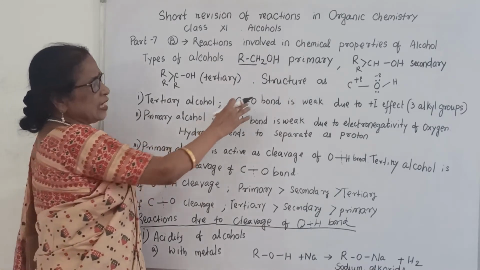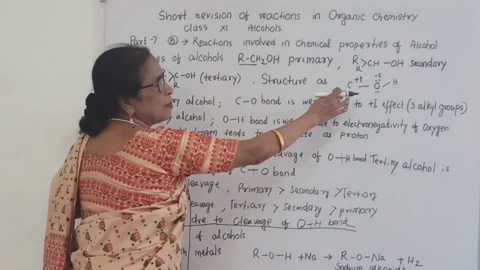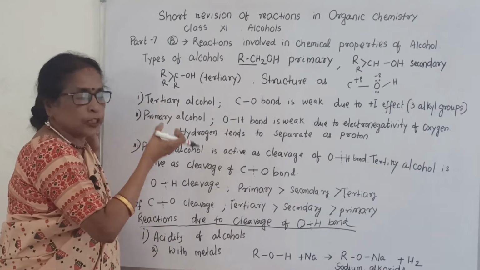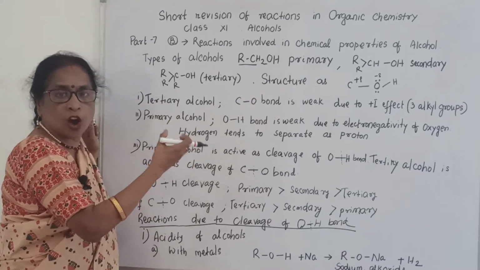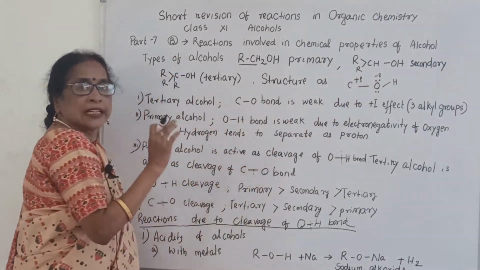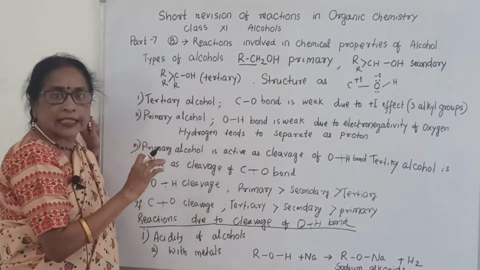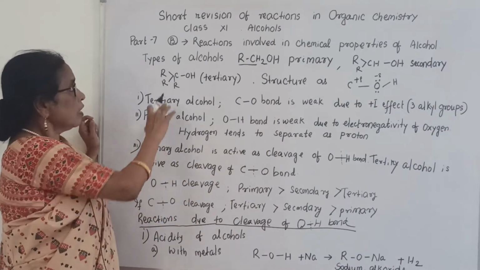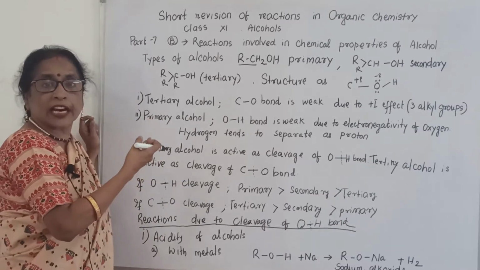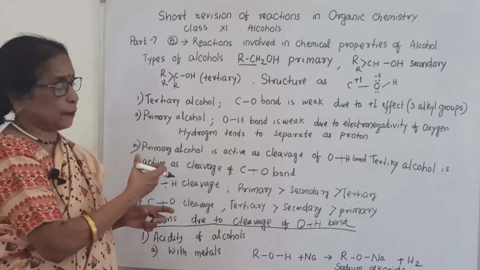Now when we see the structure of alcohol, except the alkyl group, what is remaining? C-O-H. C is electropositive, and compared to it, oxygen is more electronegative. That is why oxygen takes a delta negative charge, whereas carbon takes a delta positive charge. Now in this case, how can you say whether primary is very active, or secondary or tertiary? What is the cause behind it?